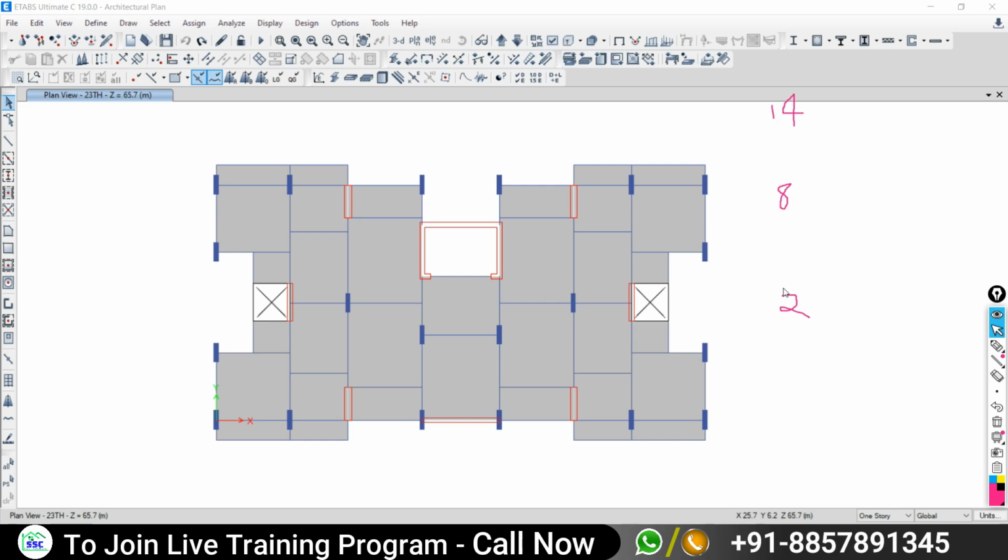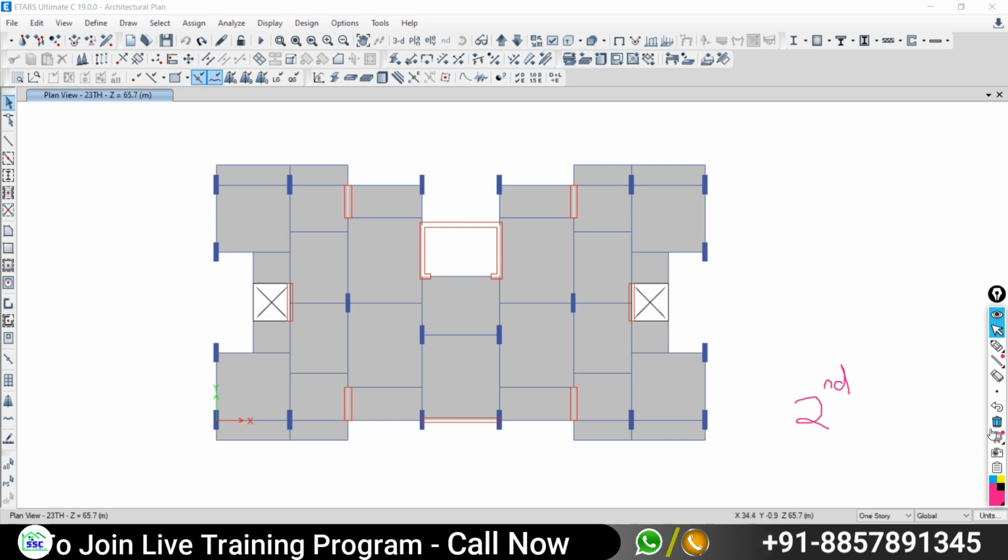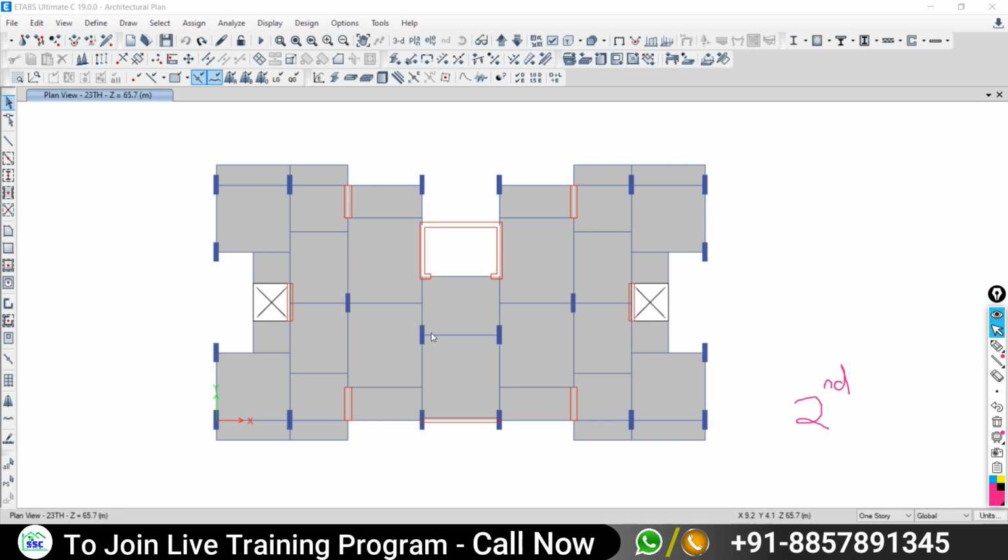Select column, slab, all. Suppose I want to select only everything of the second floor. Then selecting that way will become the long way. Another way is the short way.